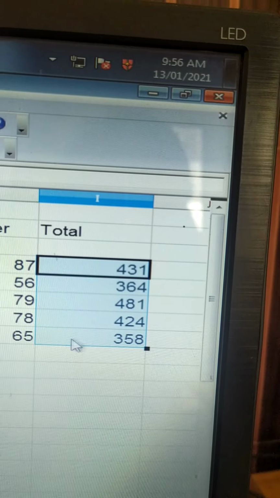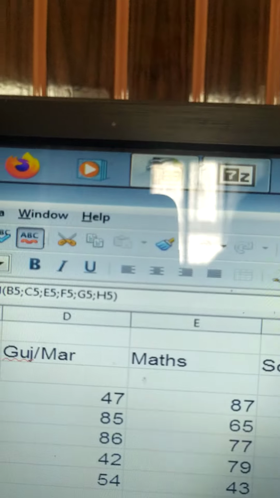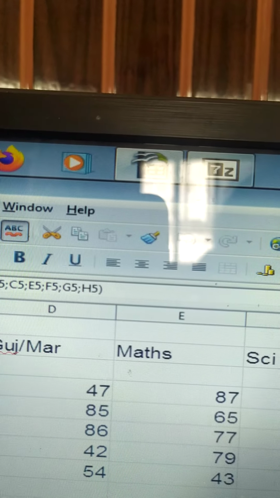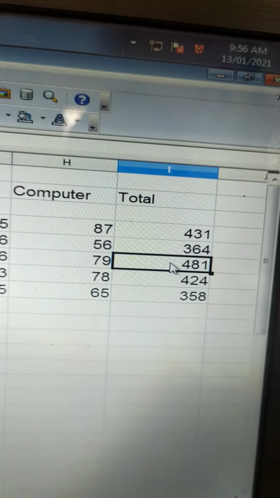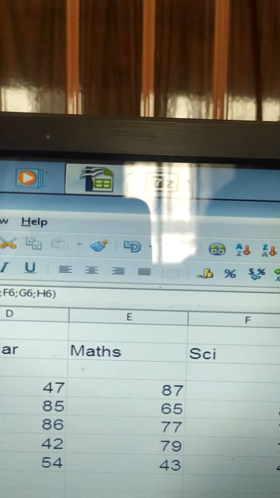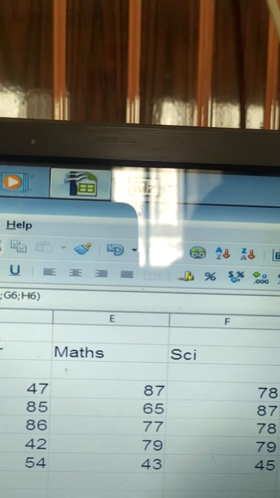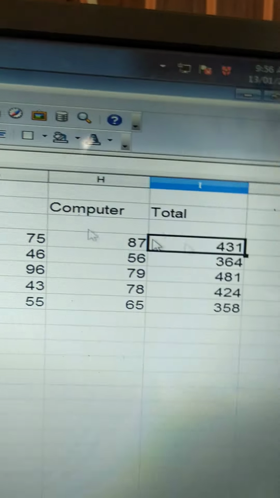See, the addition is applied. You can see over here sum of B5, C5, E5, F5, G5 and H5. Again for the third one, B6, C6, E6, F6, G and H. Here we have not added D. यहाँ पे ये mistake हो गई है ना.